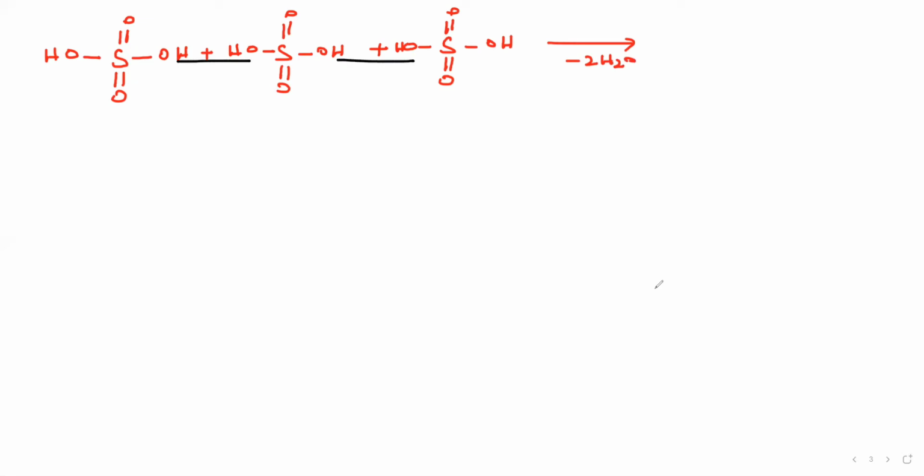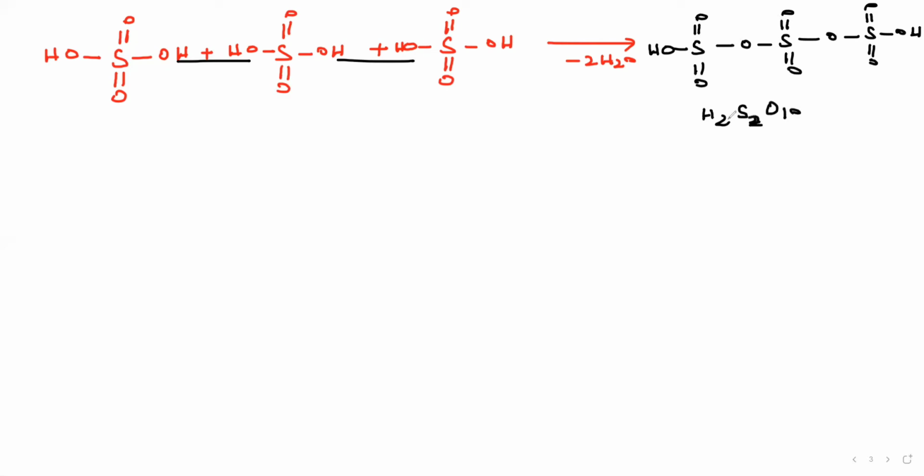Release, right? Therefore, what is the product now? See, S double bond O and double bond O, here S double bond O and double bond O, then oxygen, S double bond O, OH. Simple. What is the molecular formula? How many hydrogen? 2 hydrogen. How many sulfur? 1, 2, 3 sulfur. H2. How many oxygen? 1, 2, 3, 4, 5, 6, 7, 8, 9, 10. H2 S3 O10. Similar to phosphorus. Okay, everything should be same.